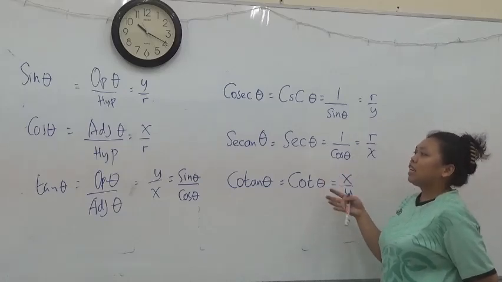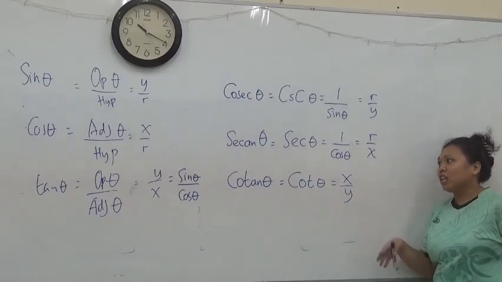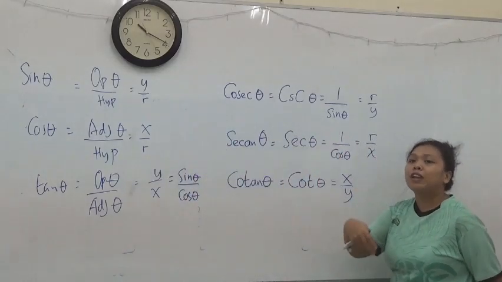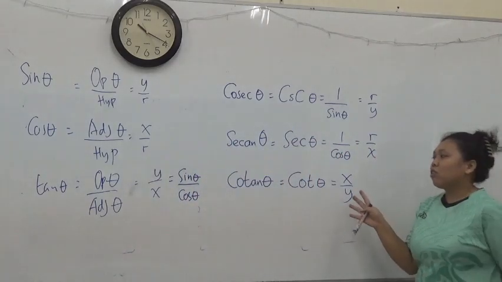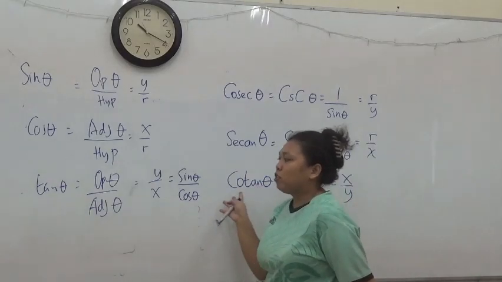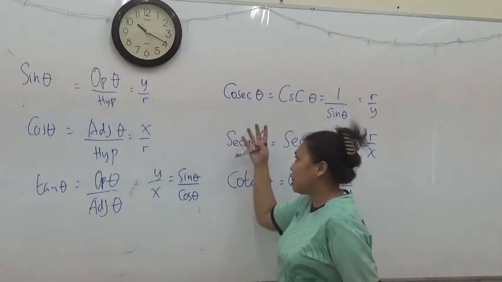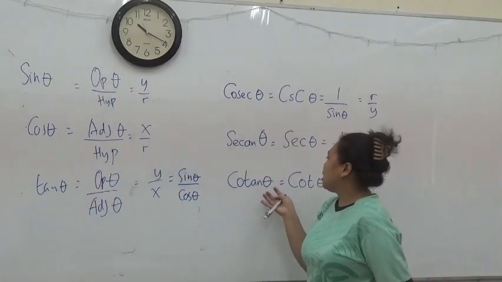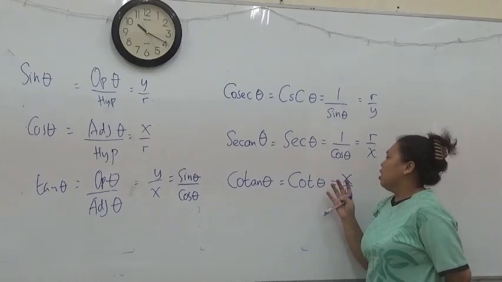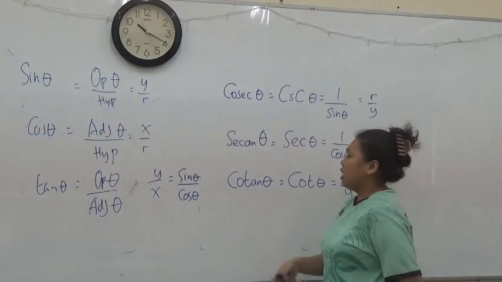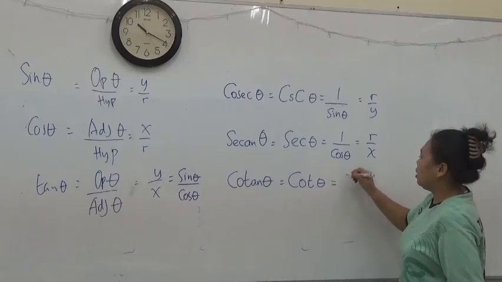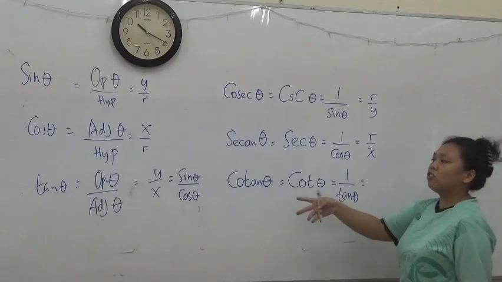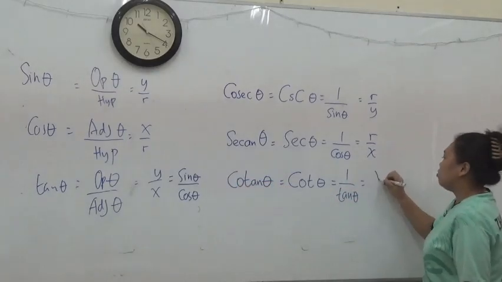And what is secant theta? Secant theta is just 1 over cos theta. Your cos theta is x over r. So you just do 1 over, it means you flip. Okay? Then the last one, cotangent theta, is just the opposite of tangent theta. So these 3 are just the opposite of the main ratios. Cotangent theta is just 1 over tangent theta. You flip the fraction of your tangent theta, which gives x